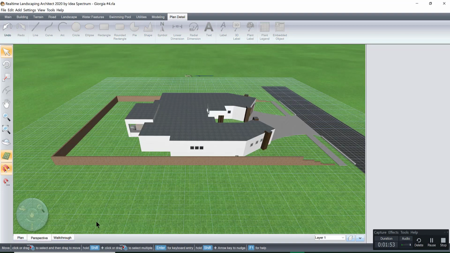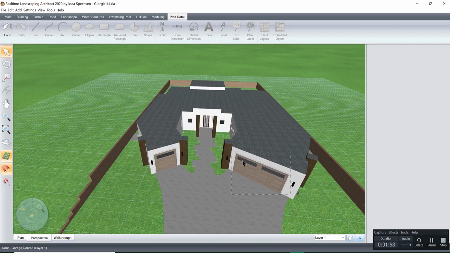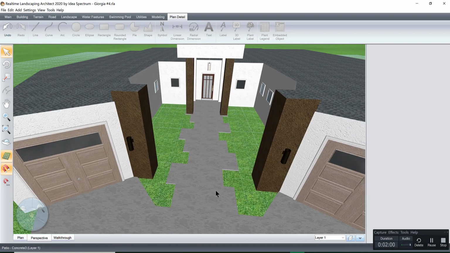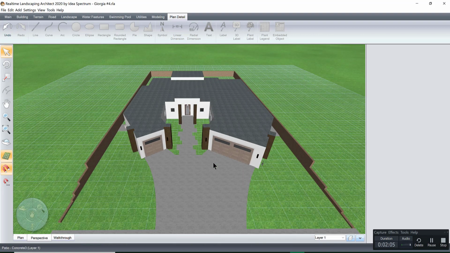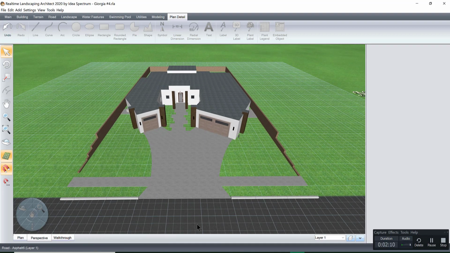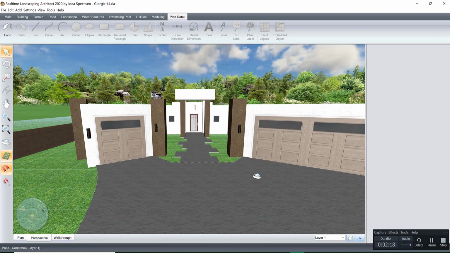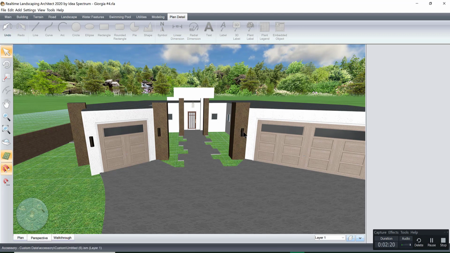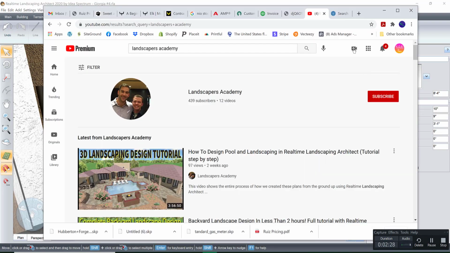So let's go into perspective view, and this is our house. She has this odd little walkway that is little concrete pieces, and wherever you see green is where I haven't gotten to yet. We have the street, the curb, driveway, sidewalk. It's just a smaller house, real nice and simple. It is contemporary themed, and you can see I did get these special lights that look like hers, and this light that looks like hers from going to